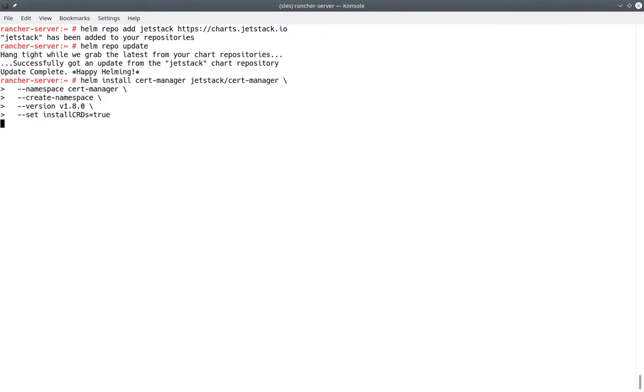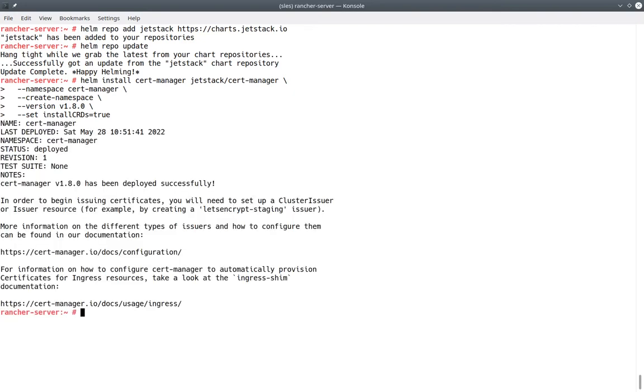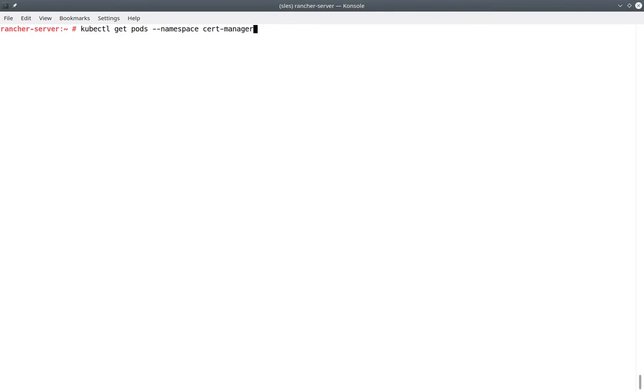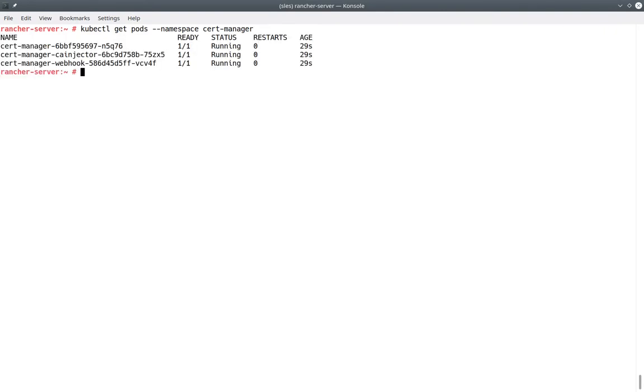The third command needs some explanation. Helm will install version 1.8.0 of Cert Manager from Artifact Hub into a Kubernetes namespace called cert-manager. Helm will also install the Cert Manager custom resource definition resources that are required for Cert Manager to work properly. The next command shows the Kubernetes pods that are running in the cert-manager namespace after the successful deployment of